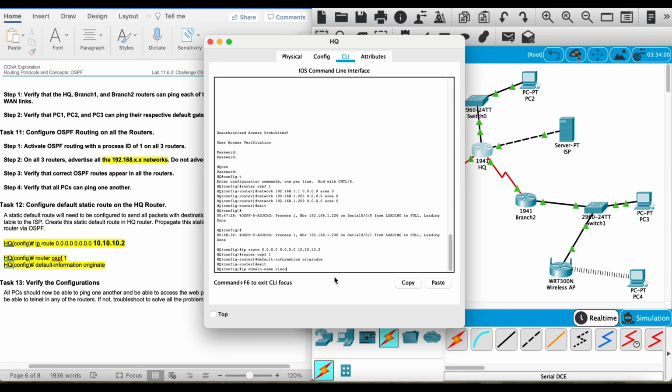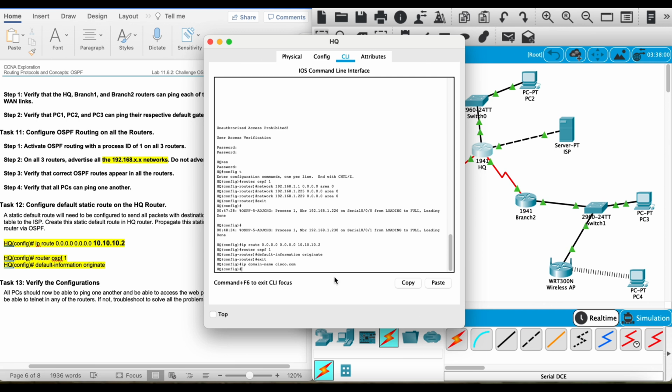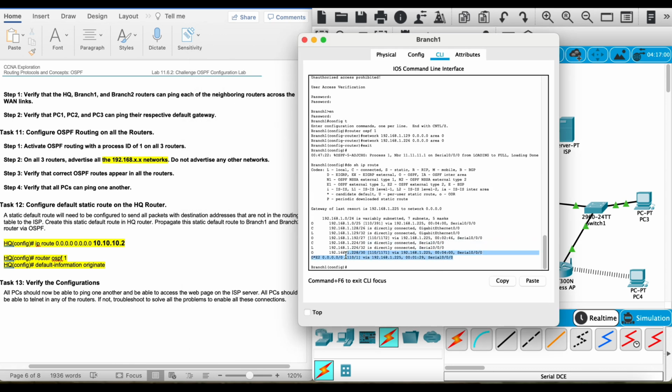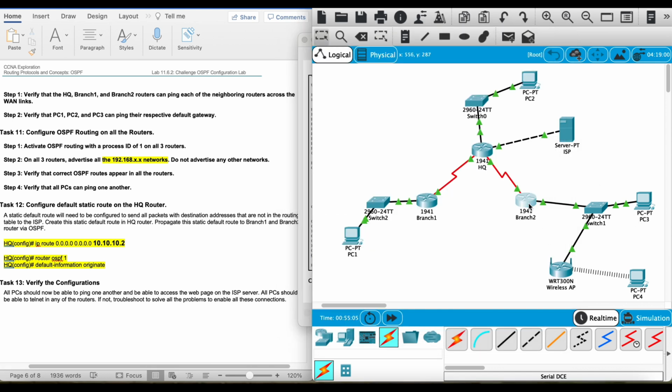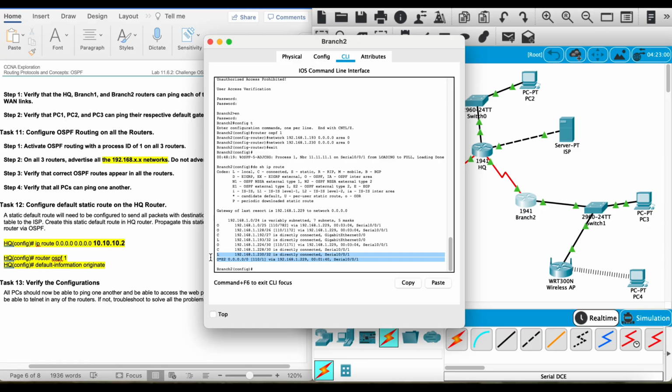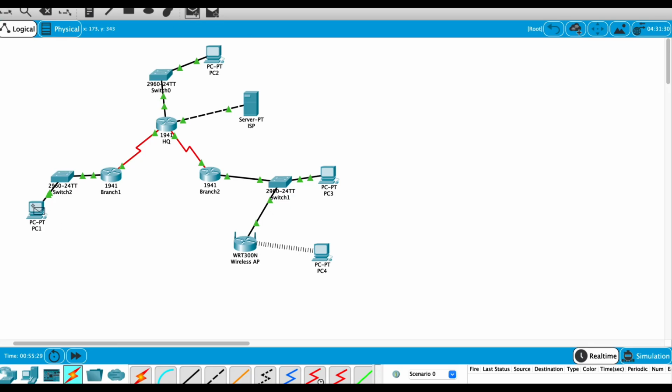Do remember to add in ip domain-name cisco.com so that other PCs can do web browsing into your ISP server with the Cisco web browser. Then you can go to your Branch 1 and Branch 2, show ip route. You should be able to see the O*E2 appear, which means you have successfully redistributed your static route into the